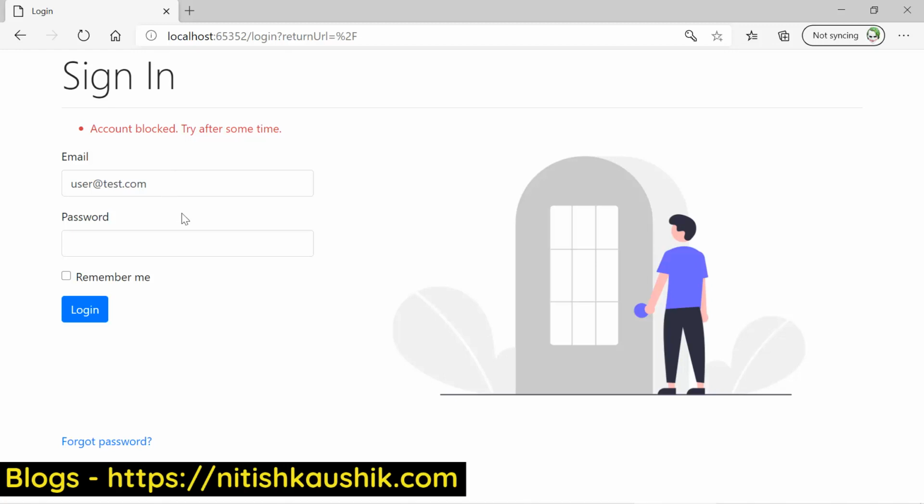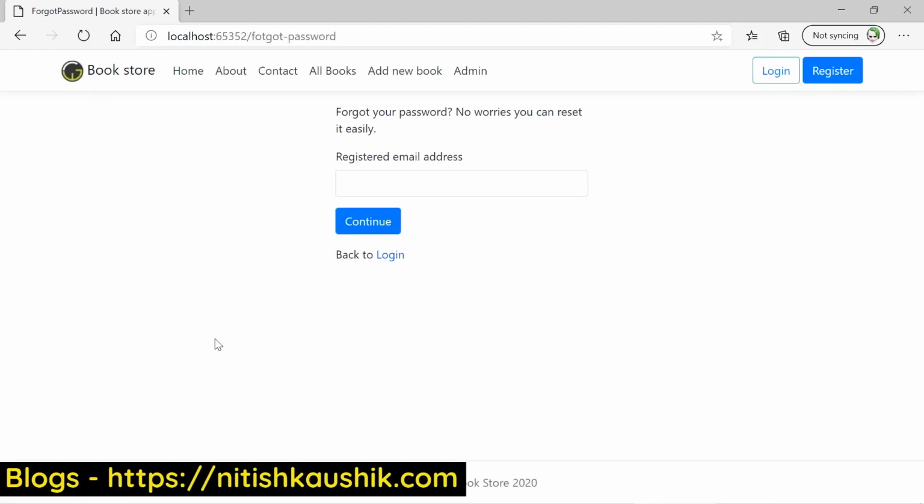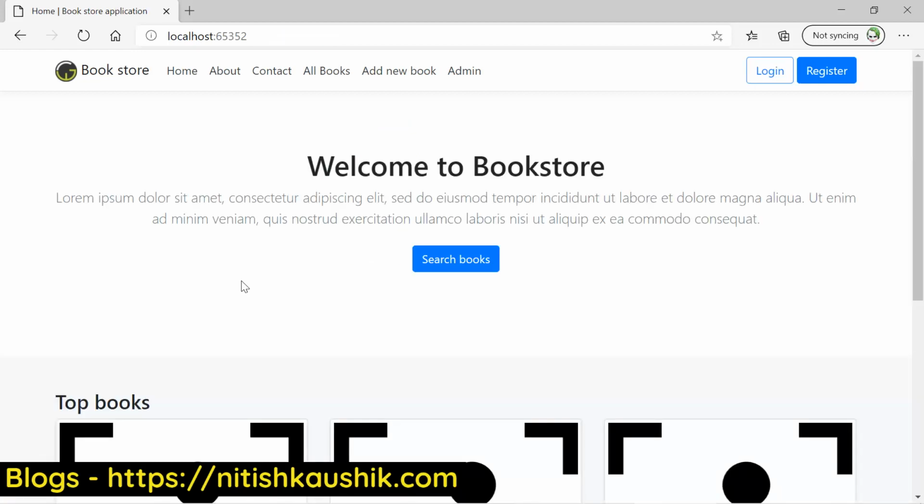Now what is the security behind this lockout functionality? The security is that suppose someone else or a hacker is trying to log in to your application by guessing some passwords. If we have enabled this lockout functionality, then the account will be blocked after entering a number of wrong passwords, and this will protect the account of the correct user. Now suppose the account is blocked and the user clicks on forgot password and resets his password. Then what will happen if he enters the new username and password in this application? You have to test this functionality yourself and tell me the result in the comment section. After 20 minutes, if you try to log in to this application, then the login will work perfectly fine.